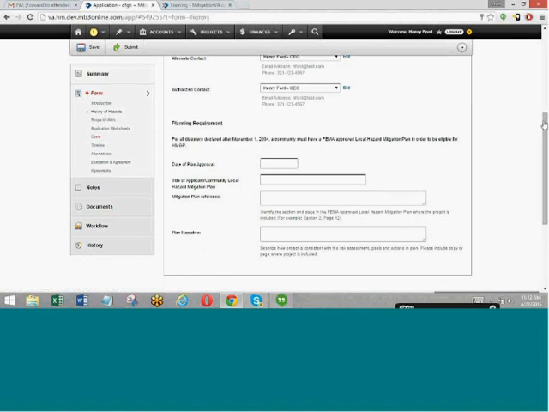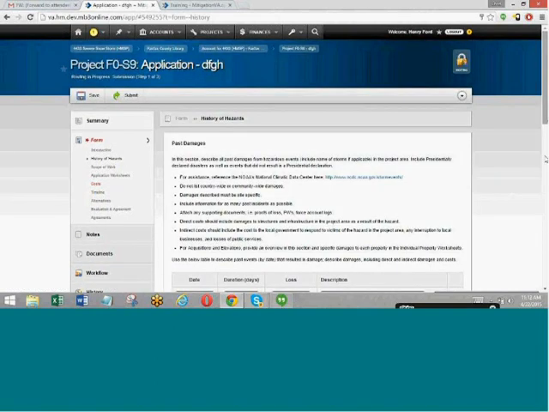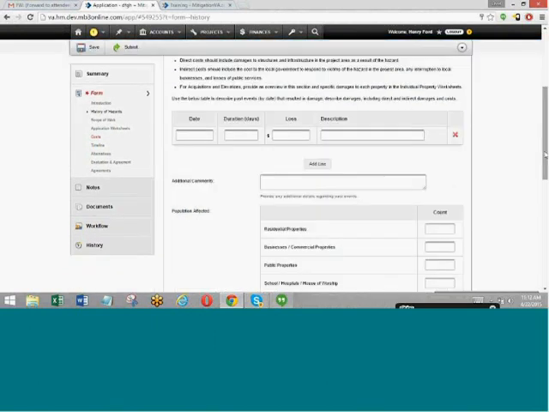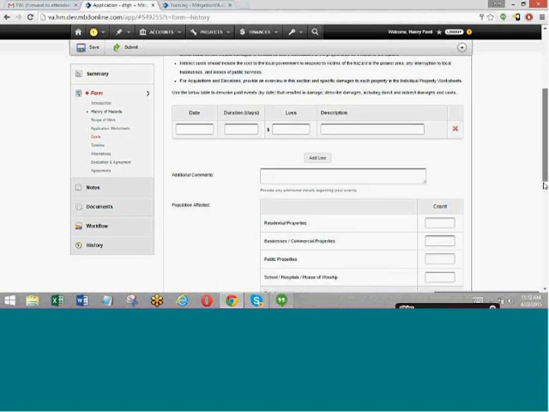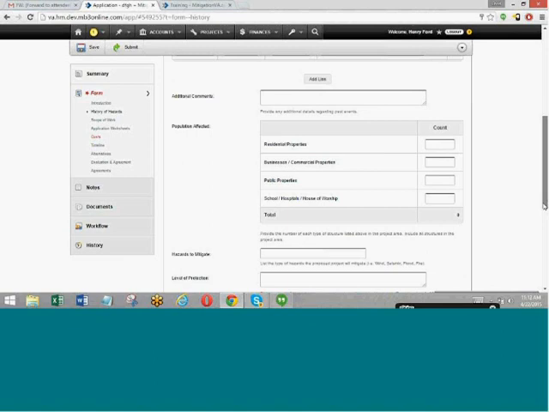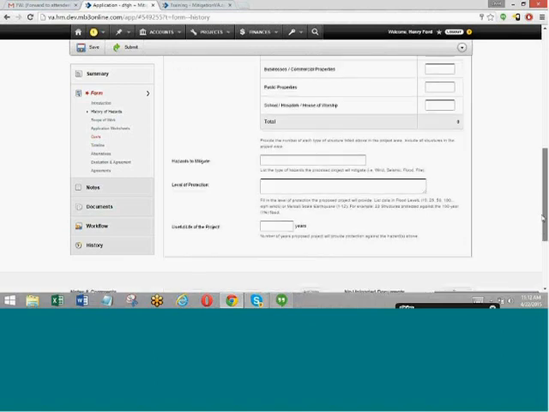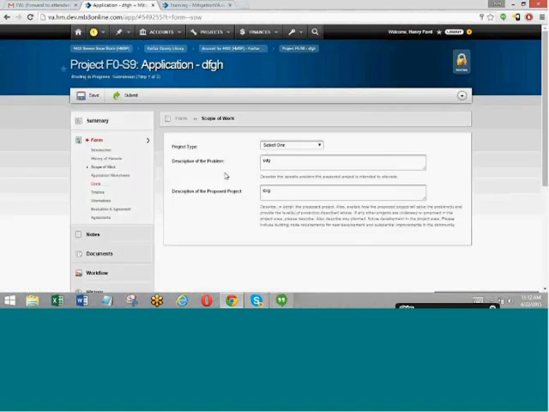Second tab is the history of hazards tab, where you will log some of the past damages, what kind of loss and description you had, population affected, the kind of people in those types of areas, the hazard to mitigate, the level of protection, useful life of the project, etc. Then you can go into the scope of work, which talks about the description of the project, the description of the problem, and the description of the proposed project.